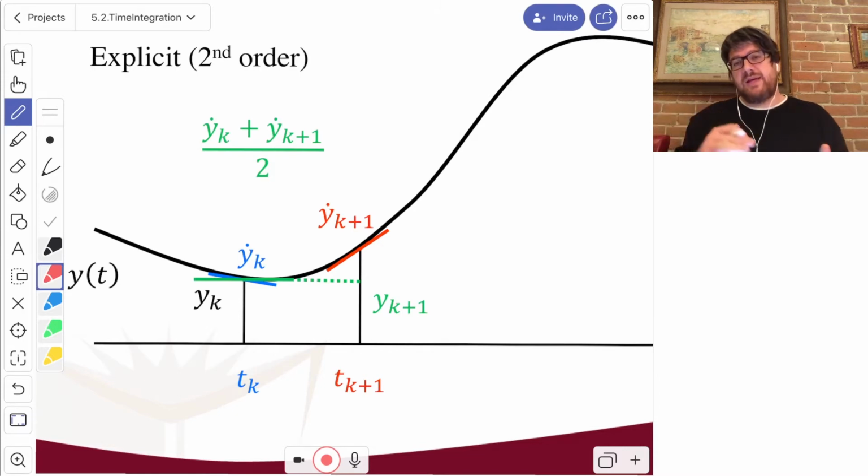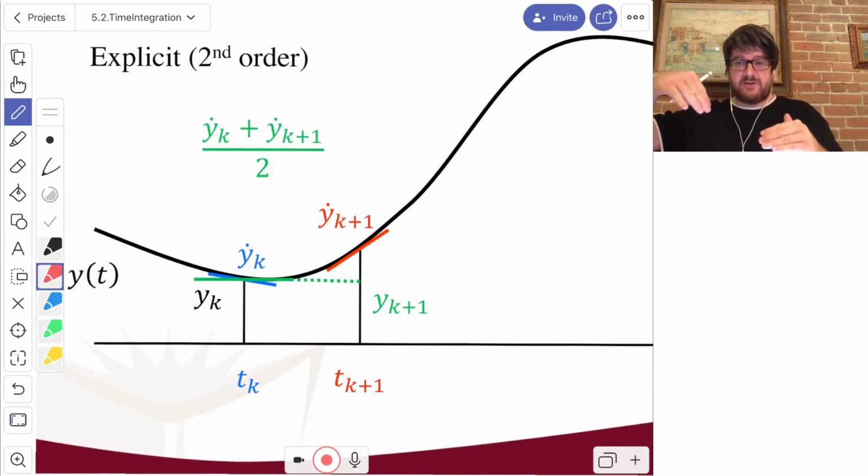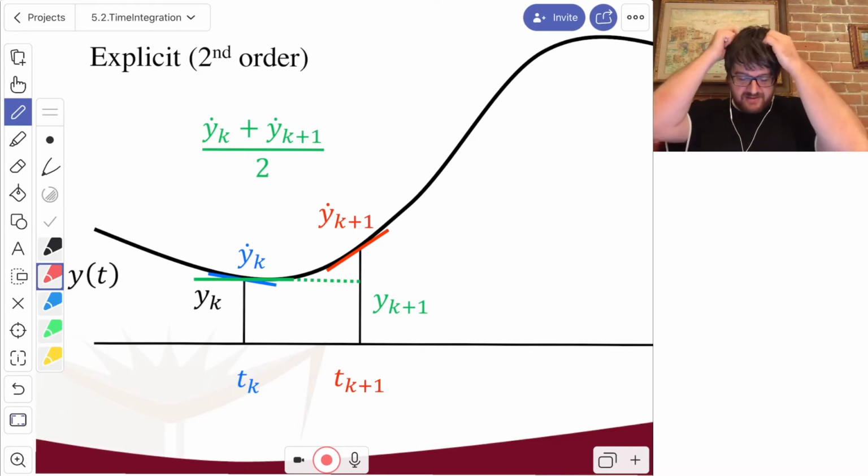But once we get to t k plus 1 and we see, wait a minute, the derivative is in the other direction. If we take this average,